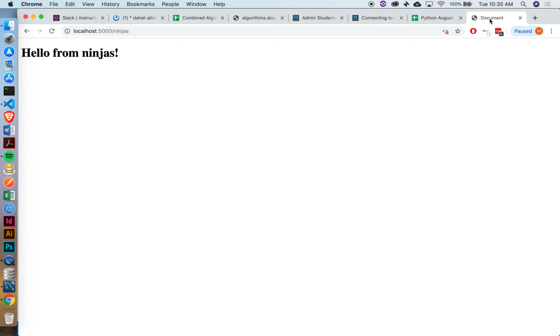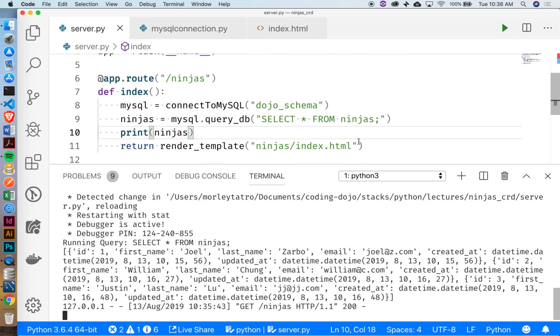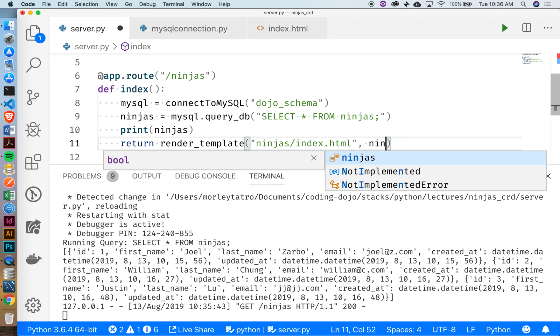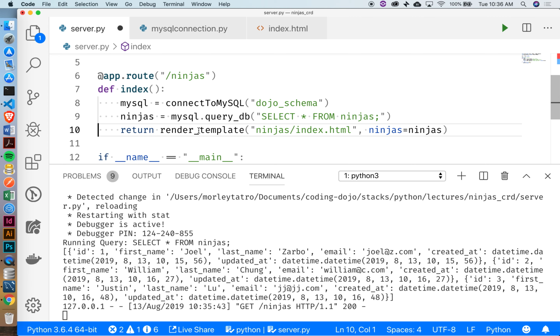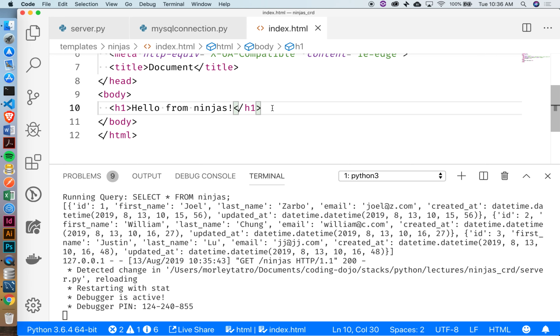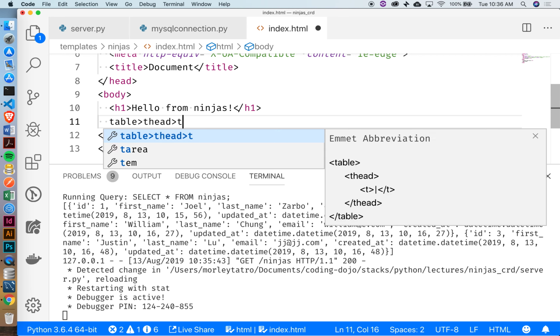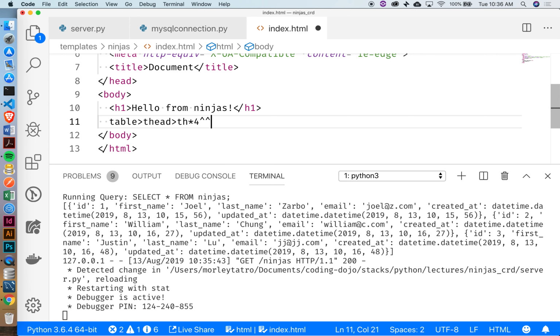We've got everything we need. We can send those along to our template to display those. So let's say over here, ninjas equals ninjas. I'll get rid of this since we know we're getting them back. Save that. And then inside of our template, let's just create a little table. So again, we'll go table, thead, th times 3, because I think first, last, email. Oh, I'm going to do times 4. You guys will see why in a minute. And then we'll go up a couple levels, and then we'll do tbody,